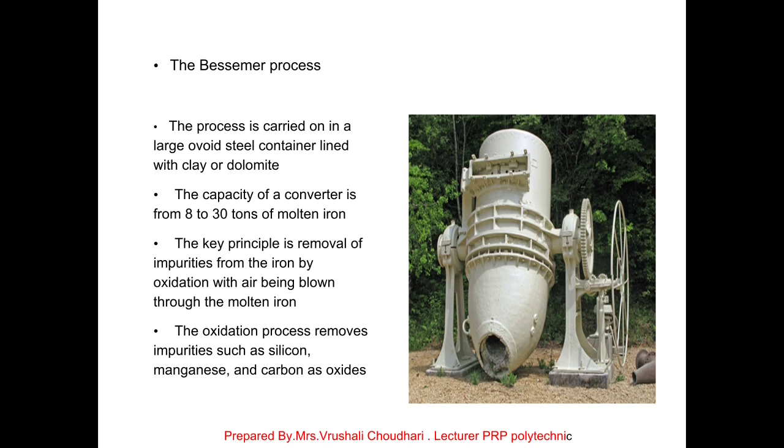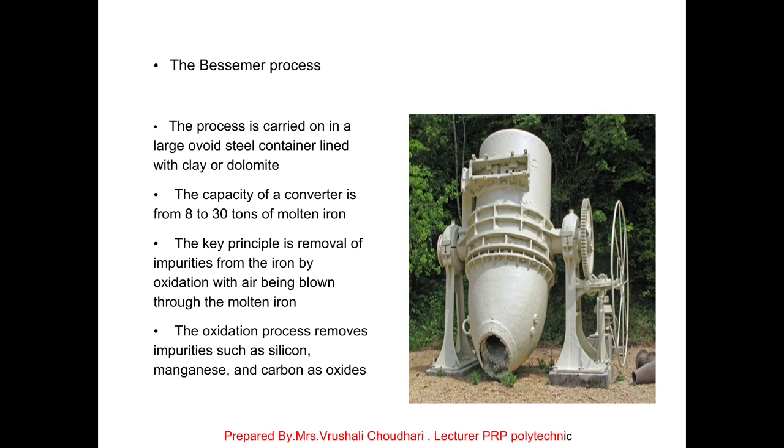Then after that we carry out the Bessemerization. What is Bessemerization? In this process we use a steel container which is lined with clay or dolomite. The capacity of the converter is 3 to 30 tonnes of molten iron. The key principle is to remove the impurities from the iron by the oxidation of air being blown through